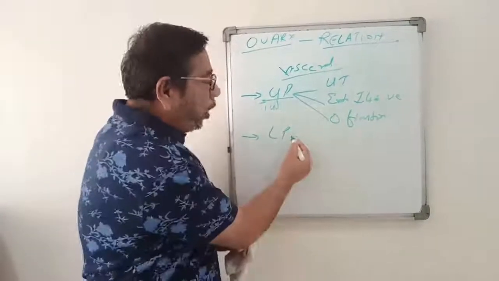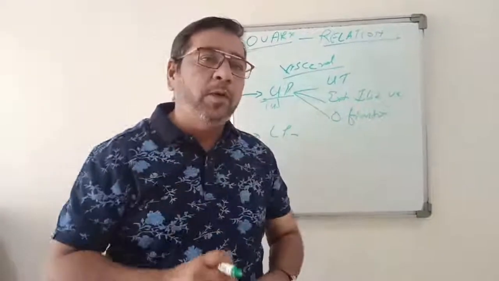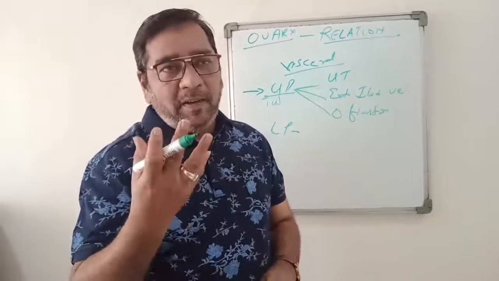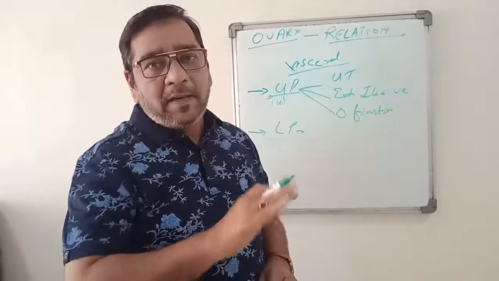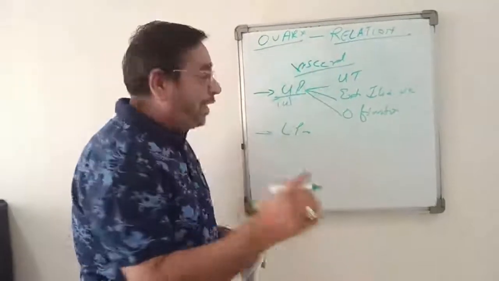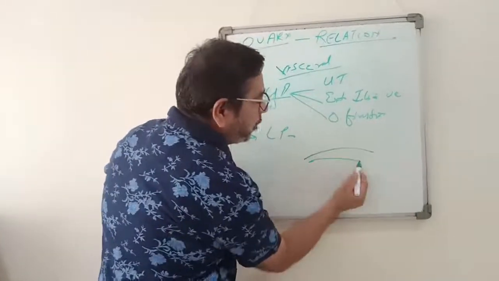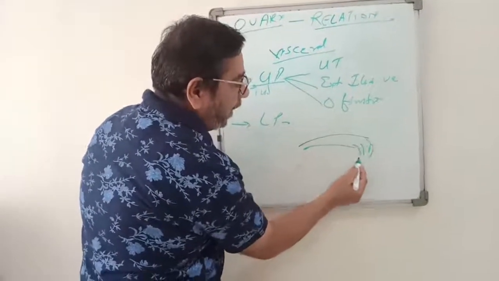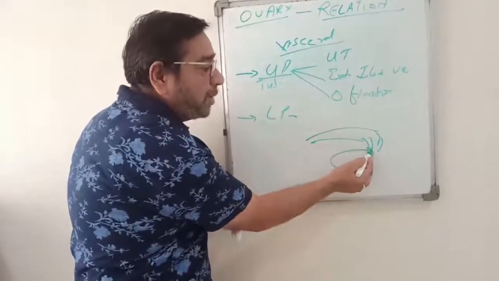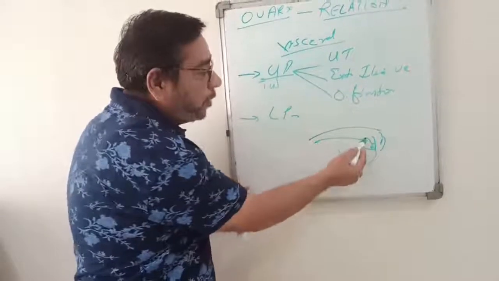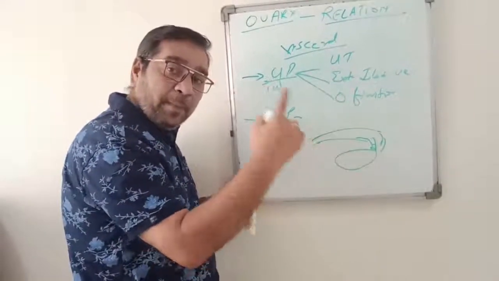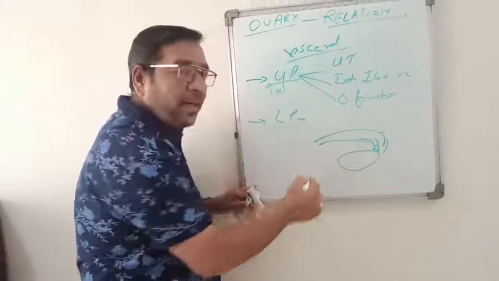Now the lower pole. The relation of the lower pole is very simple. Again, it is the pelvic floor. Very simple. Nothing else is related to that. लेकिन जैसे मैंने बताया, ये फैलोपियन ट्यूब है, ये फिम्ब्रिया है, ओवरीज ऐसी है। ओके, तो अपर पोल के रिलेशन में तो ओवेरियन फिम्ब्रिया आ गया, यूट्राइन ट्यूब्स भी आ गई, कभी कभी राइट ओवरीज के अंदर अपेंडिक्स भी आ सकता है। तो लोअर पोल में रिलेशंस क्या हो सकता है?